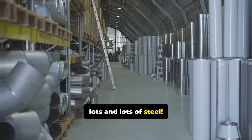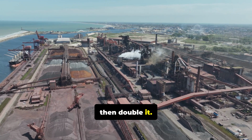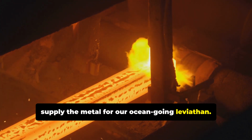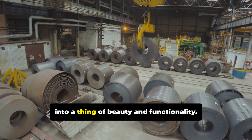Steel, lots and lots of steel. We're talking serious tonnage here, folks. Think of the largest steel mill you can imagine, then double it. That's the kind of operation needed to supply the metal for our ocean-going Leviathan. Giant rolls of steel arrive at the shipyard, ready to be transformed from flat sheets into a thing of beauty